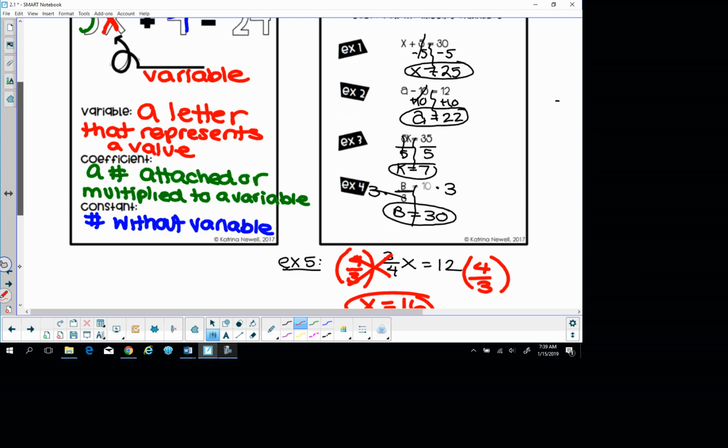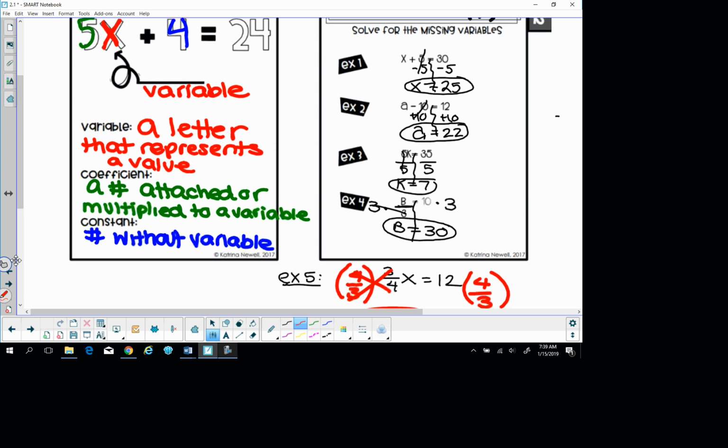Okay. Last part of this is just making sure our work is checked. And so in this class, we're also going to be focusing a lot on, remember, most of your tests are multiple choice. Even your SATs, your ACTs, if you're going to college, things like that, are all multiple choice. And so we're going to be focusing on plug it in, plug it in. And so I'm going to be singing that all the time. And so I don't need you to do this on every single question, but when you're checking your work and you're doing a test or a quiz, I always want to see you plugging in your answer to make sure it makes sense. And so what I mean by that, instead of writing X up here, I'm going to write